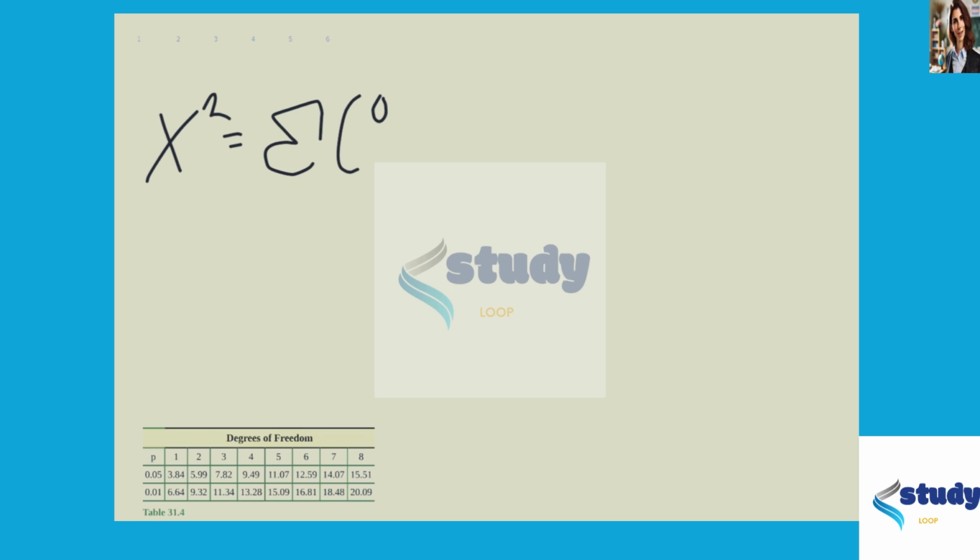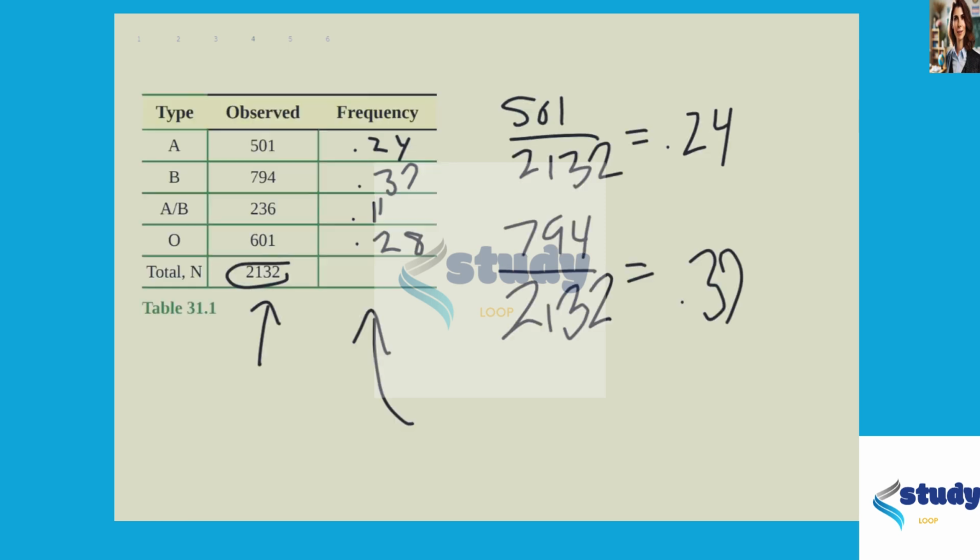I should get rid of that really big parentheses. We just need a little one. So the observed value minus the expected, squared, divided by the expected. We do this for one less variable, right? So if we look at